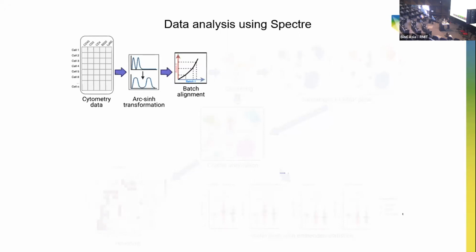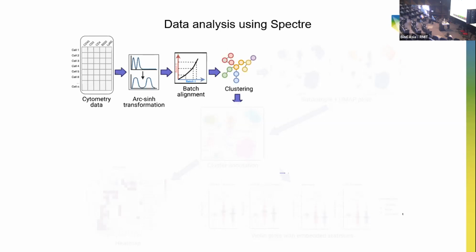So a data analysis using Spectre may look something like this. Take your cytometry data, which you can present as a table. But it's slightly different from single cell in that we typically represent the cells as the rows, because we tend to have many more cells than proteins, and the proteins as the columns. What we typically do then using Spectre is we first do arcsinh transformation. And after that, you can do batch alignment if you have data from different batches. You can run clustering. So in here, we have FlowSOM and Phenograph, which are 2 quite popular algorithms,